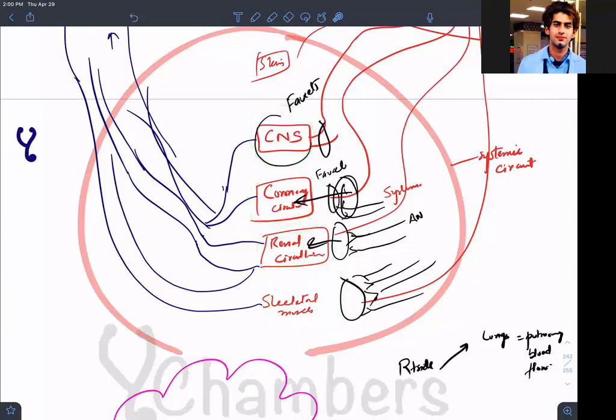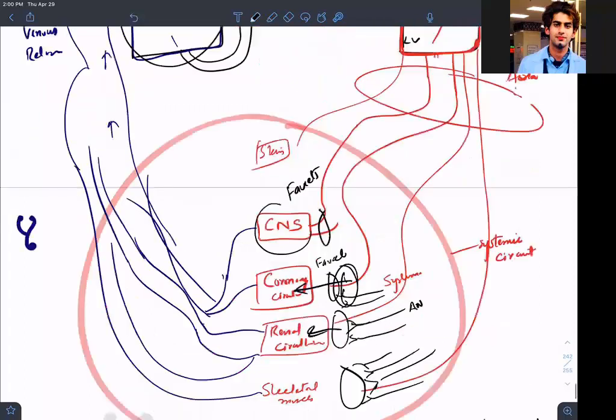Parallel. Okay, because sir, every organ, if you check every organ, it is having a branch from the aorta, and it gives that parallel arrangement. From the aorta, branching is coming to every organ, and that's giving us a parallel arrangement. Is it clear? So I can take like this.